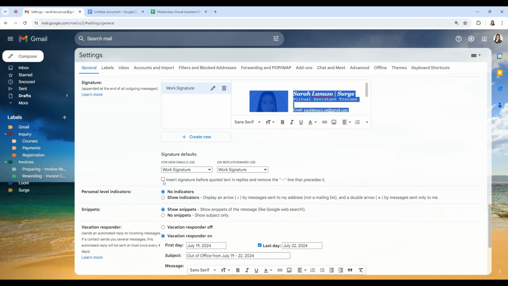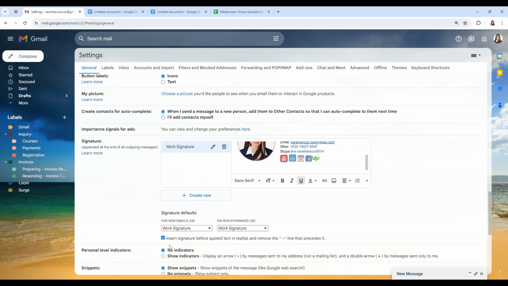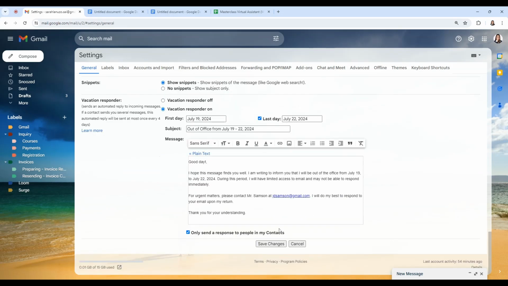Then it is up to you if you want to use this option, insert signature before quoted text in replies and remove the two dash symbols line that precedes it, or not. I prefer not to remove this symbol. So after that, I will save all the changes.